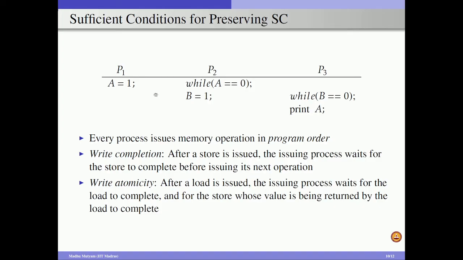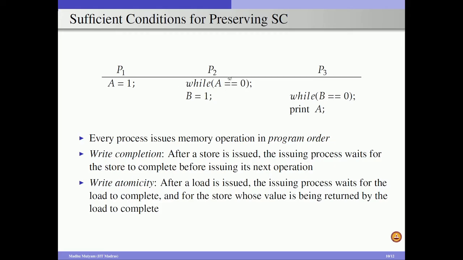If we ensure that, then this piece of code is going to print a value a equal to 1 in core 3, because when we are executing this printf statement, that indicates that we exited from this while loop, and when we exited from the while loop, we have b equal to 1. But when b is equal to 1 is performed, that indicates that the previous operation